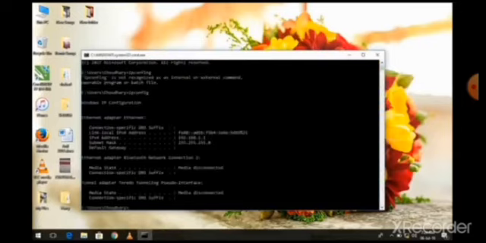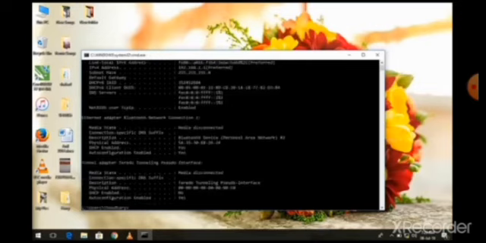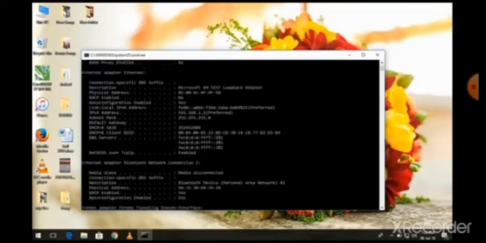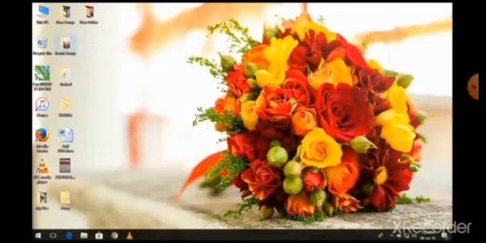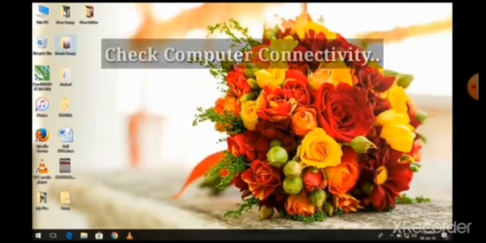After that, to check whether your IP address is properly configured or not, you simply use the ipconfig command. It will show the total configuration of your system. We already discussed this in the first session of computer network, but since it is a point related to today's session, I will explain it again. When you fire ipconfig /all, it will show you all the configuration information of your computer.